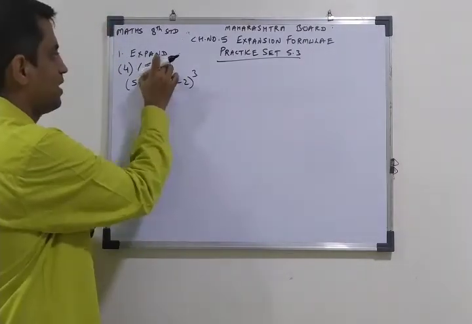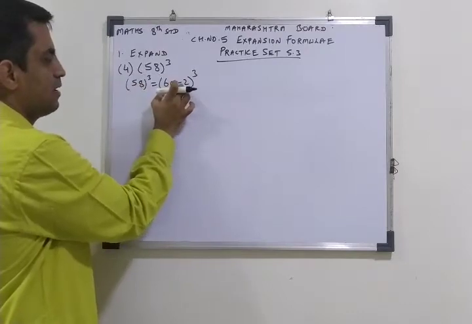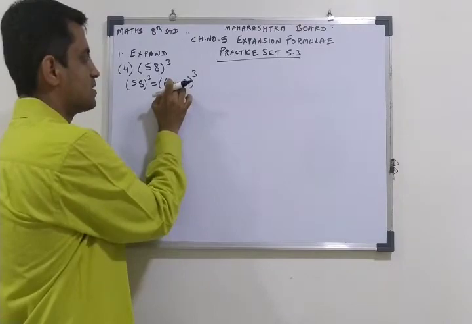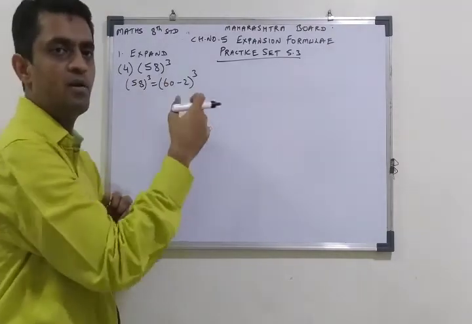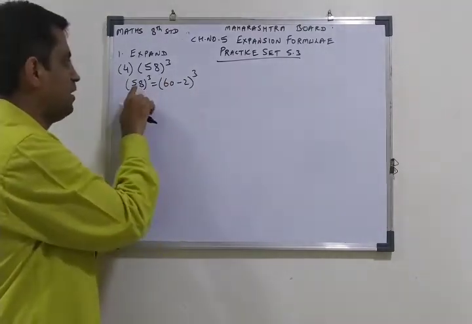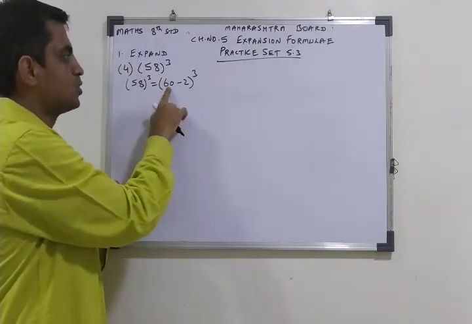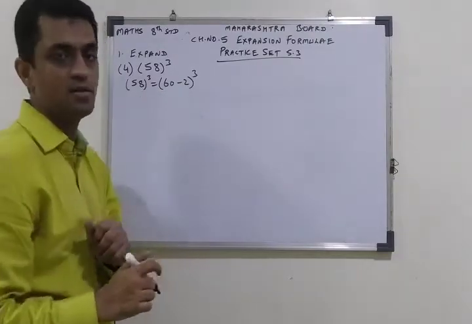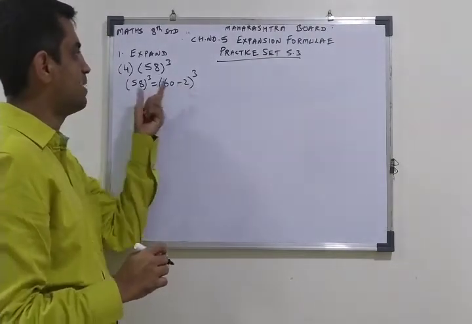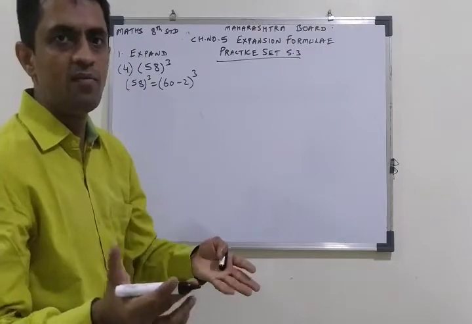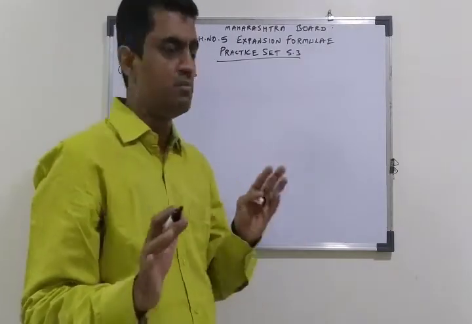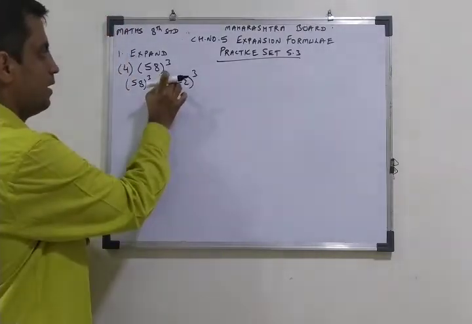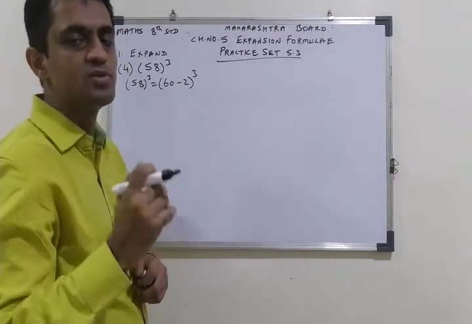So here 58 cube. So 58 can be written as 60 minus 2. You have to take the number which is very near to this, that is a multiple of 10. So the number should be very near to 58 and it should be a multiple of 10. So the multiple of 10 which is near to 58 is 60. So we will take 60. 60 minus 2 is 58. So anyway we are not changing the meaning of the sum. The meaning of the sum remains as it is. But we get A and B here. So we can use the formula.